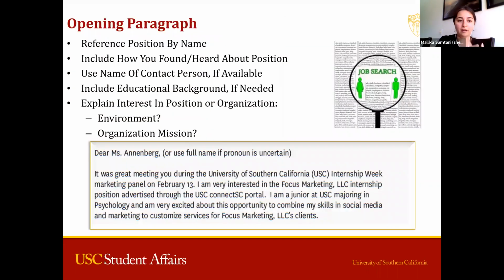So with the opening paragraph, you're going to want to reference the position by name. This is why with cover letters, they're very detail oriented to the role in which you're wanting to pursue. So in this example with Ms. Annenberg, which is a school at USC, it starts off with, it was great meeting you during the University of California Internship Week marketing panel on February 13th. So include how you learned about this role and them, the contact of the person, and any educational background